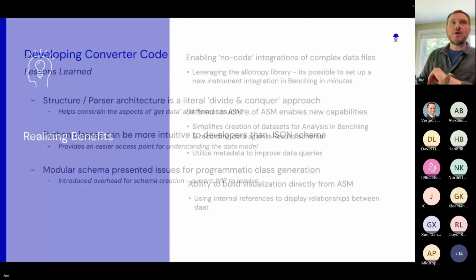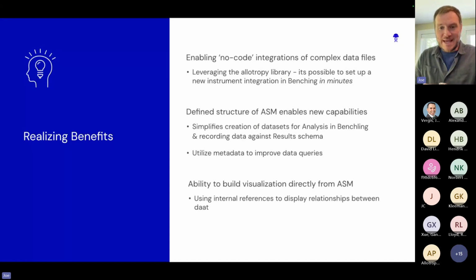And so, getting through this, realizing the benefits, and I do want to stress that, just in the time that we've been working on this project, we've seen very real benefits. While I'm not demoing the Benchling product here, having invested in this library of converters has really enabled true no code integrations into Benchling. It is now possible, along with some of the other functionalities that we built as part of our Benchling Connect product, to set up the ingest from complicated data files in minutes, with kind of point and click.